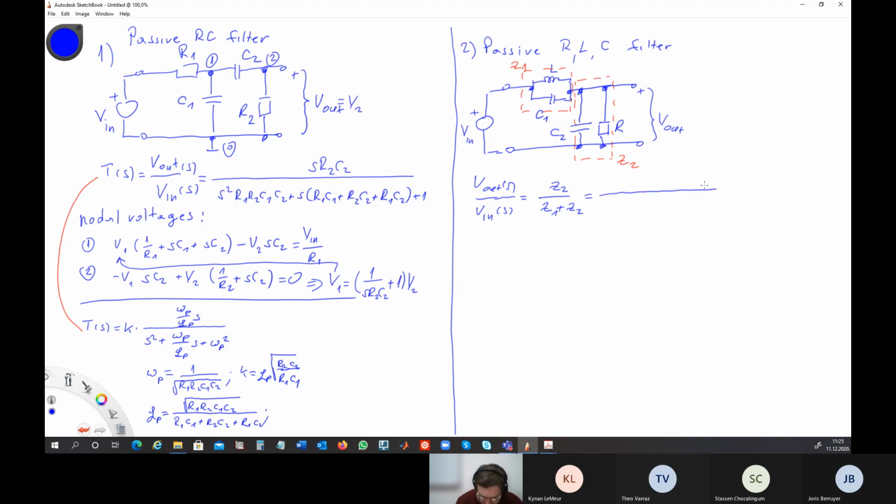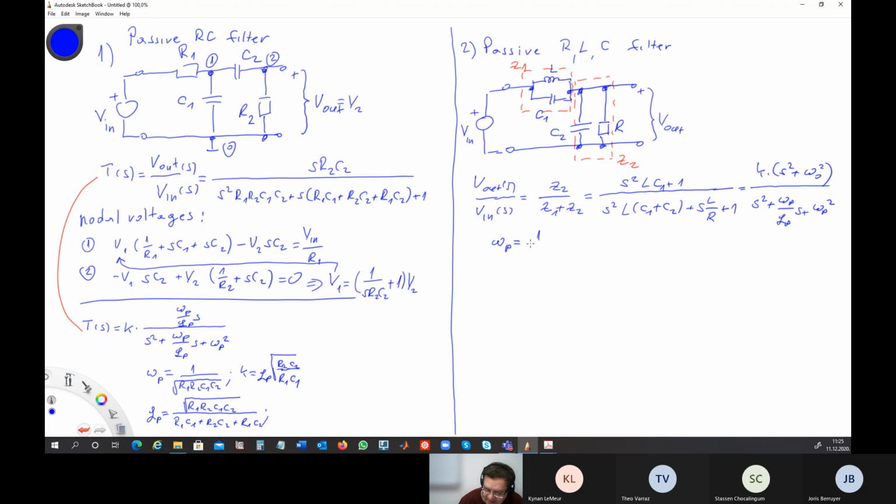We obtain, after some calculation, S square LC plus 1, S square L C1 over C1 plus C2, plus S L over R plus 1. And then we can also compare it to the general form, S square plus omega P over QP S plus omega P square. But here it is K times S square plus omega 0 square. And then we have the following